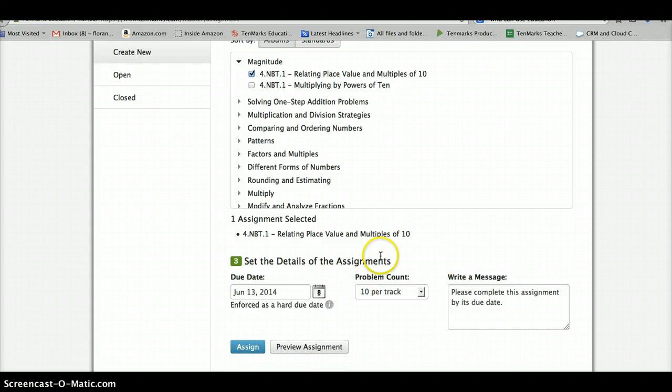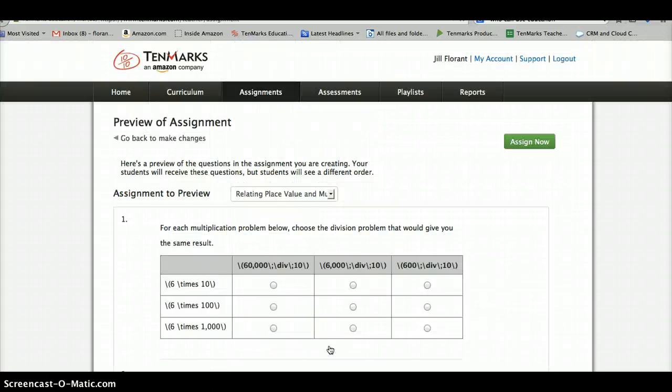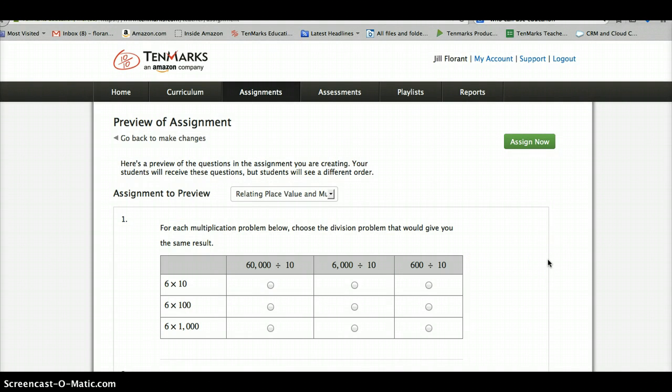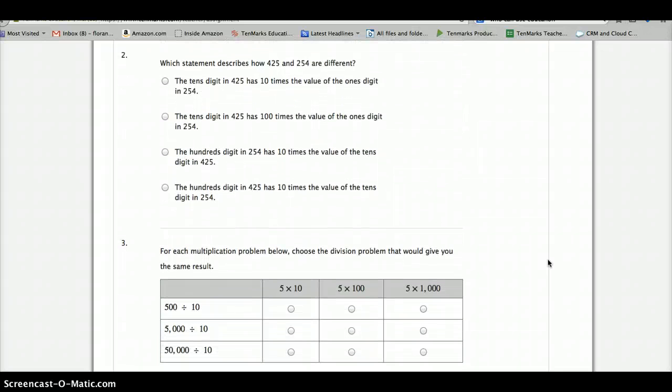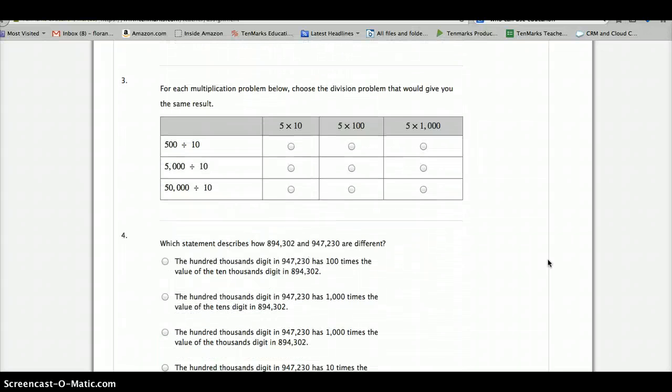So when I choose a due date, I actually now have an opportunity to preview the assignment. I almost always do this just to make sure that the type of problems that I'm seeing are in fact the type of problems that we've been working